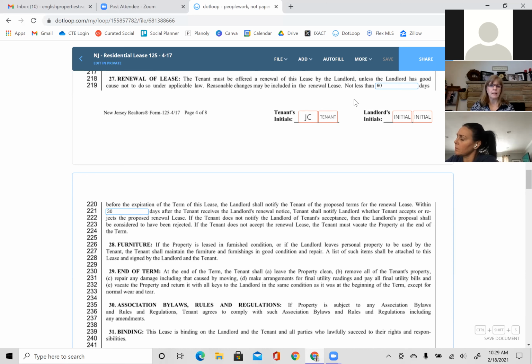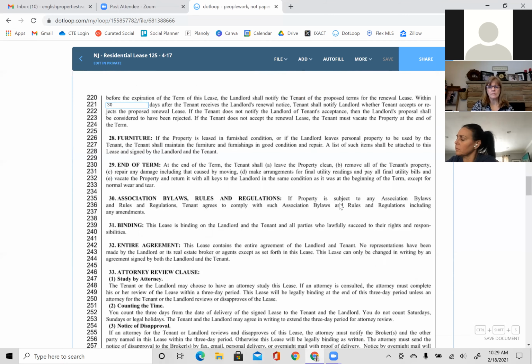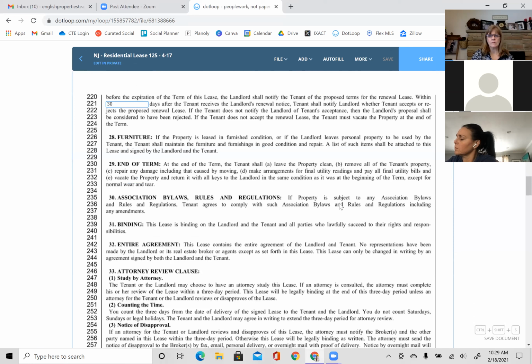So when it comes to renewing, what we typically have is that 60 days before the expiration, the landlord has to notify the tenant if they will be renewing the lease, right? So 2 months before the lease is up. So if the lease is up on March 1st, they have to be told January 1st whether or not it's going to be getting renewed. Within 30 days,